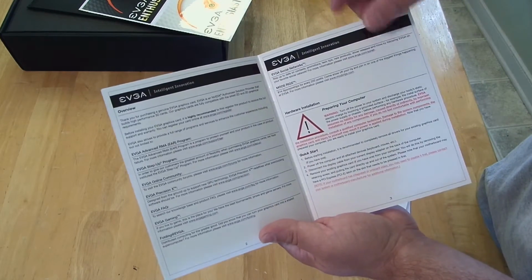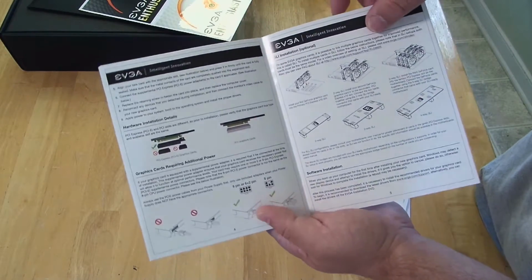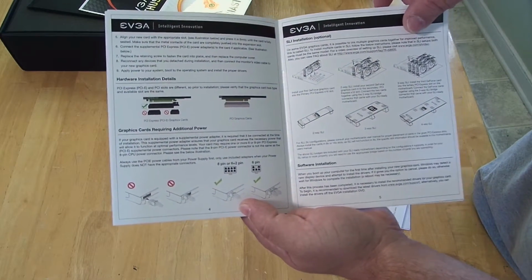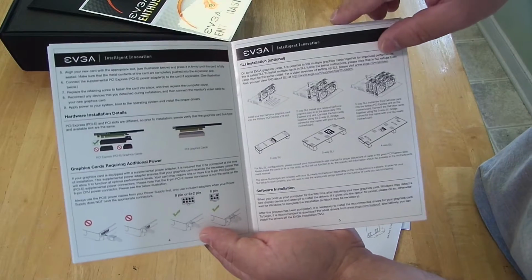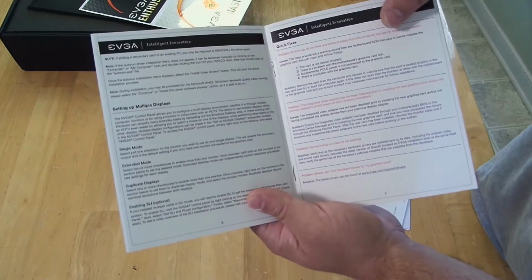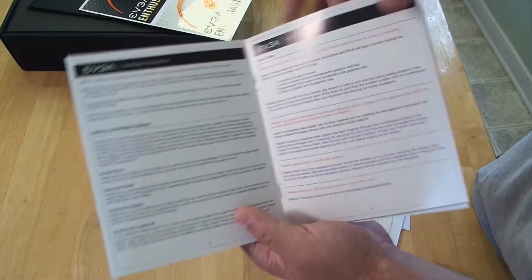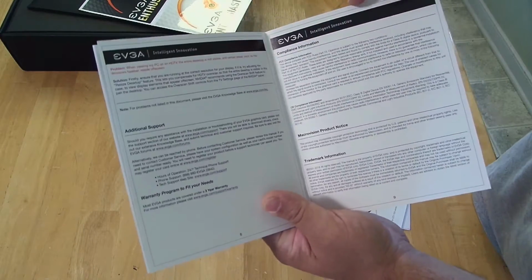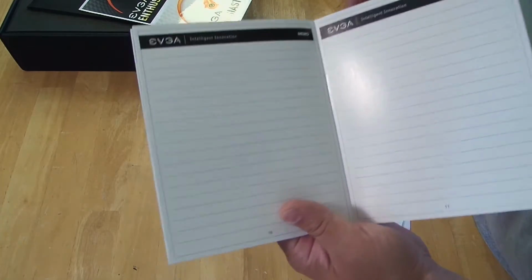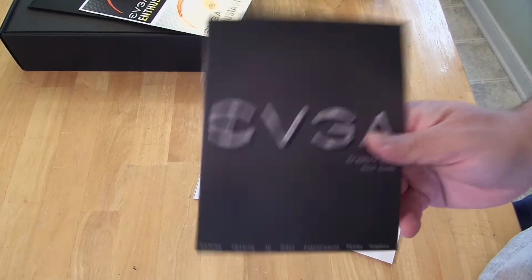You know, shows you overview of the card, social networks, how to install the card, then how to install the PCI-E power adapters, the SLI bridge, required of course if you're going to use 2 cards, how to set up multiple displays, quick fixes, additional support, compliance information, and then if you have any notes, just write them down here. That's actually not a bad place to write down the serial number in case you have